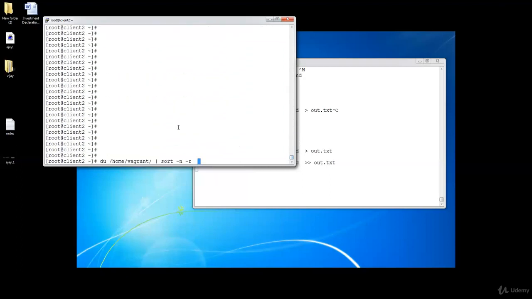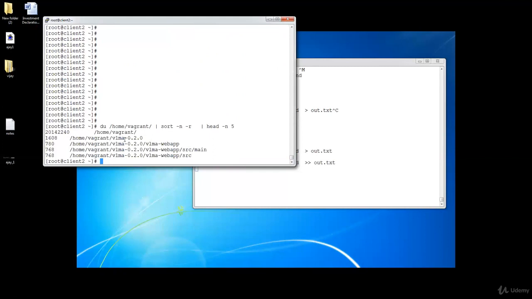We'll give some space and here we'll say head. And we need only the top 5, right? So it says here in the top 5 the vagrant file size is this much, and this is the top 5 in descending order. That's fine.